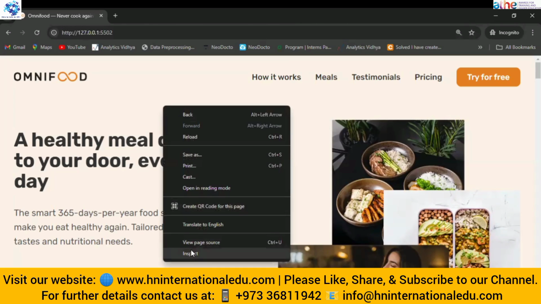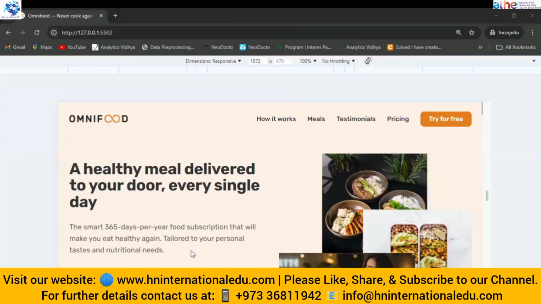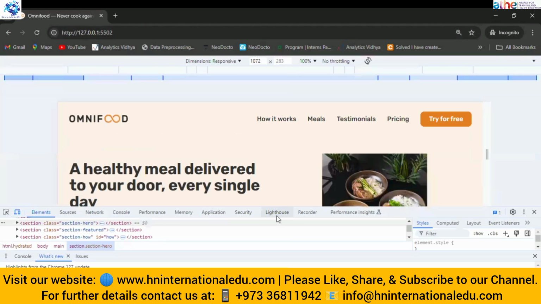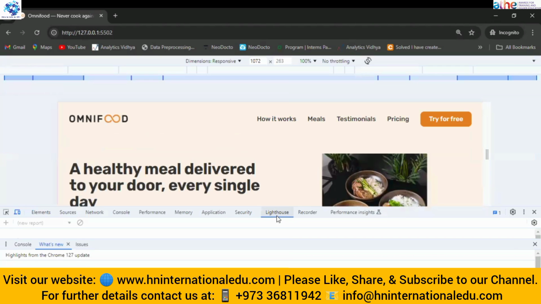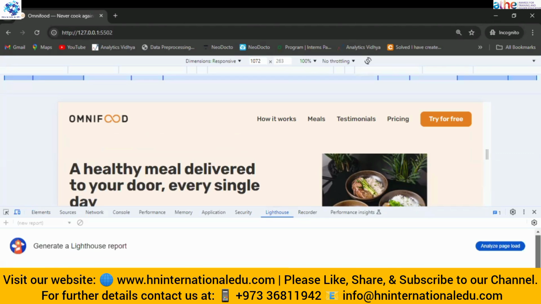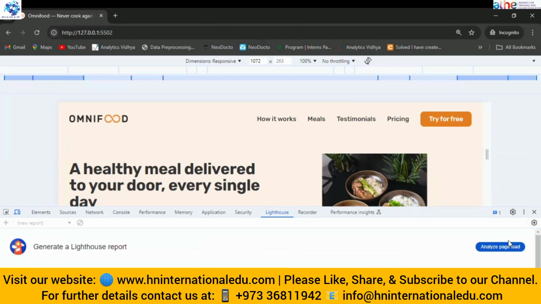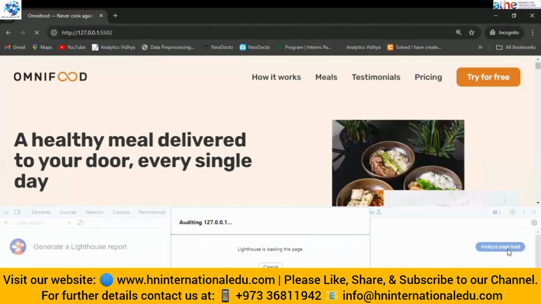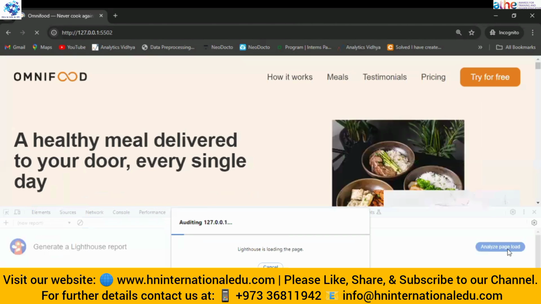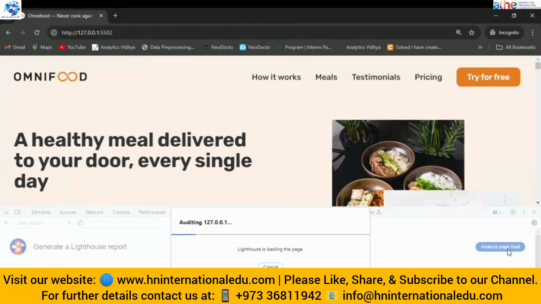window. So you have to click on inspect for the Lighthouse testing. So here you have to click Lighthouse. And when we click here on Lighthouse, it will provide us different options that you want to test. For the desktop first, you have to check the navigation, the performance, accessibility, the best practices, and SEO. After that, you click on analyze page. So it takes some time to generate a report.